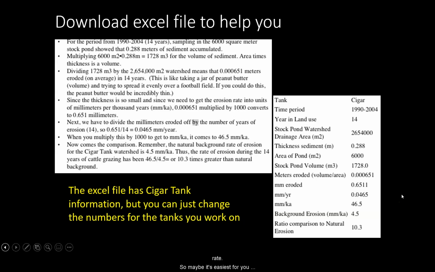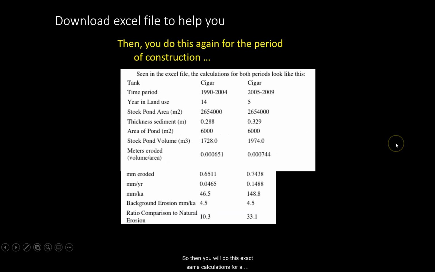So maybe it's easiest for you to look at the table on the right, which is a copy and paste from the Excel file. Each step really requires that you get the area of the stock pond, do some simple calculations, and do some simple conversions. That's why I recommend you use Excel, because that way you won't mess up a number when you punch it into the calculator. Then you will do these exact same calculations for a different land use period,